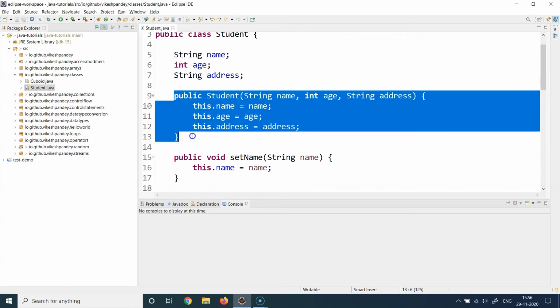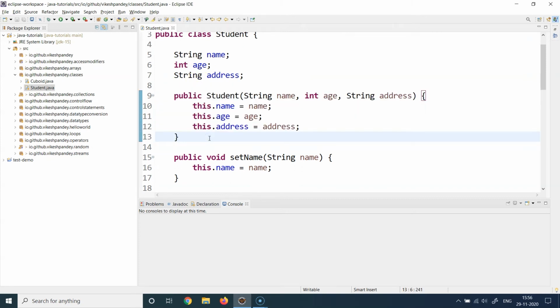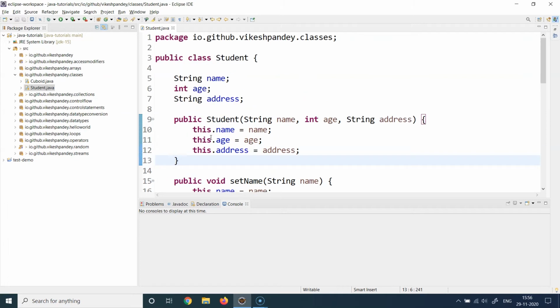What is this section? This section is basically called a constructor, and I have a whole session dedicated to constructors, but let's understand why we need this. Remember when I gave you the definition of a class, I said that a class is a blueprint of an object. So you have created a Student class and you have 5,000 students in your college. Now you need to create a new student object for each of those students. You need to initialize this Student class 5,000 times. How do you do that? We do that with the help of constructors.